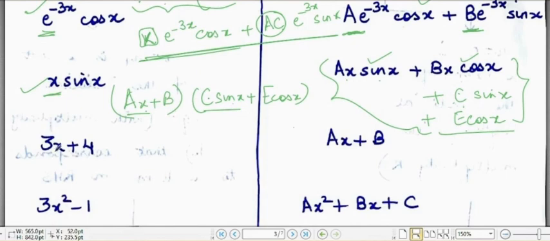Now moving on to 3x plus 4. For 3x you will write ax plus b, and for plus 4 you will write another c. So what is the type of terms? You are getting an x type term and a constant. You do not have to write b and c separately. Even if you write b and c separately, it's not going to matter in the end, but since it's unnecessary,